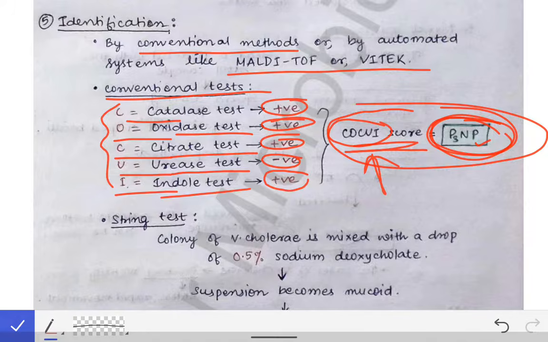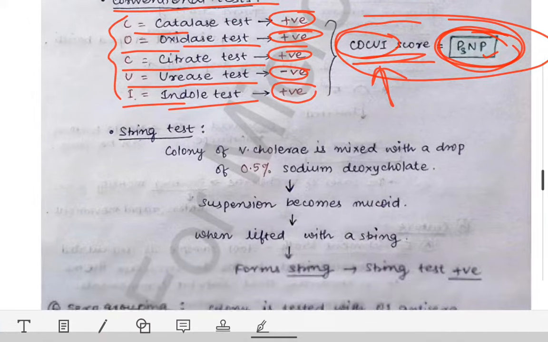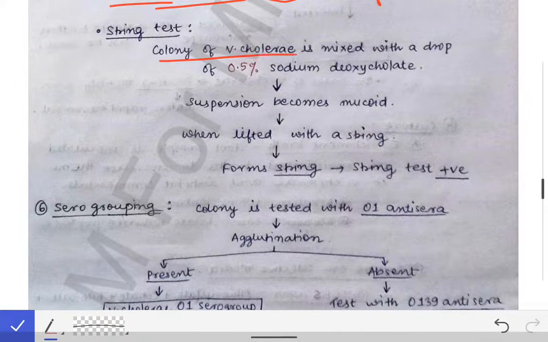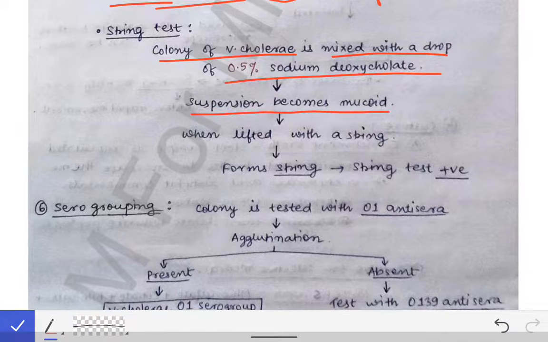Now coming to the string test, that is also a method of identification. In this string test, a colony of Vibrio cholerae is mixed with a drop of 0.5% sodium deoxycholate, and as we mix it with sodium deoxycholate, the suspension becomes mucoid. Once the suspension becomes mucoid, when it is lifted with a